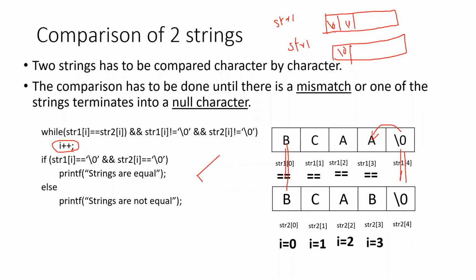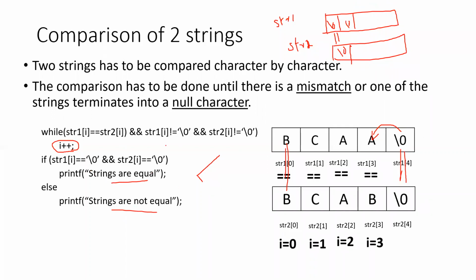If you are just comparing, you will get the first character. If nothing is saved in string 1 and string 2, you will get only the null character, right? So sometimes it may happen that you have a null character in the character array. If you are just comparing two characters, you will get an output saying the two strings are equal.